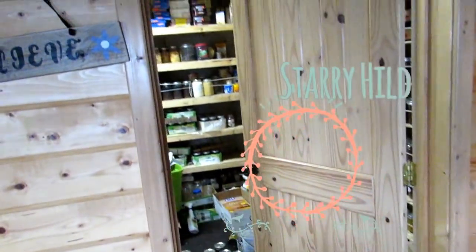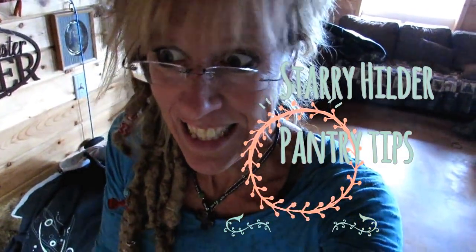Entering the Starry Hilder pantry zone. Friends, today is, I'm finally doing it, pantry cleaning day. Yeah, with a pantry my size,